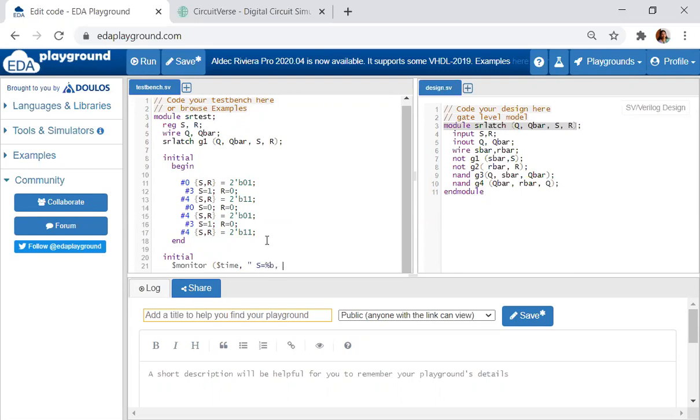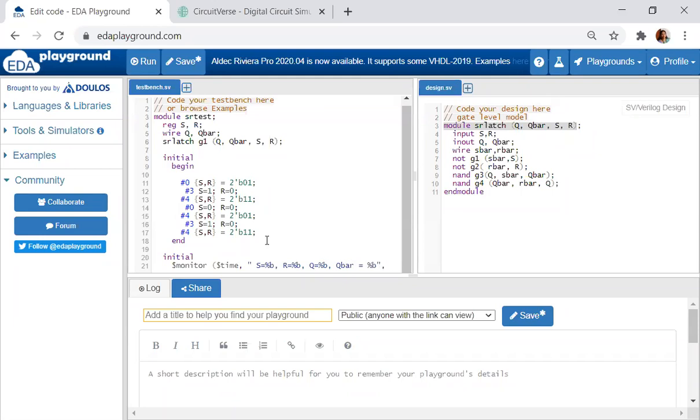If you give it in decimal, you'll get it in decimal. R is equal to %b. Then I have to see Q is equal to %b, then Q bar is equal to %b.